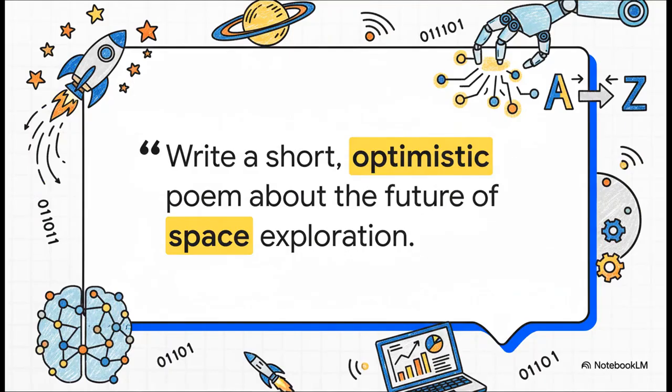Anytime you type a request into an AI like ChatGPT, guess what? You're actually doing something called prompt engineering. It's this new kind of art and science of figuring out the perfect thing to say to get the best possible answer back. It turns out how you ask the question matters a lot.